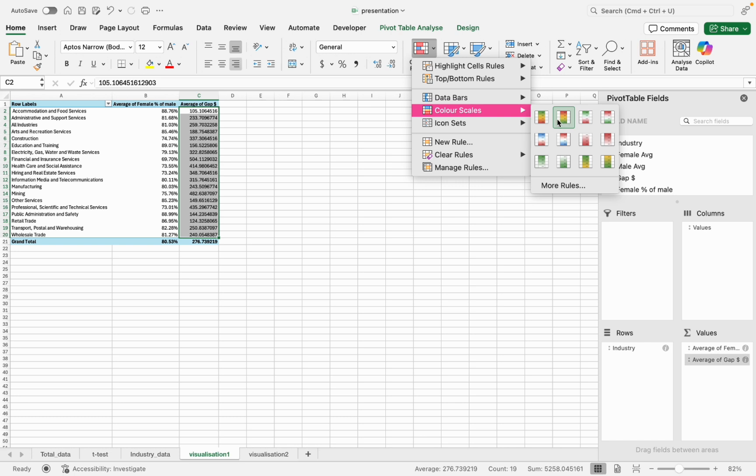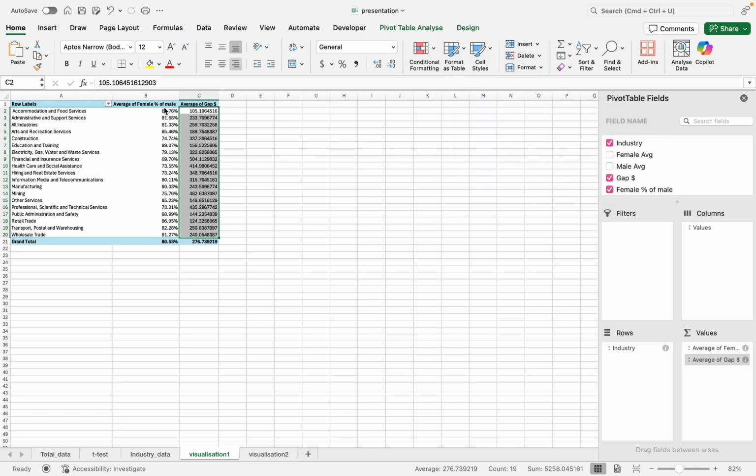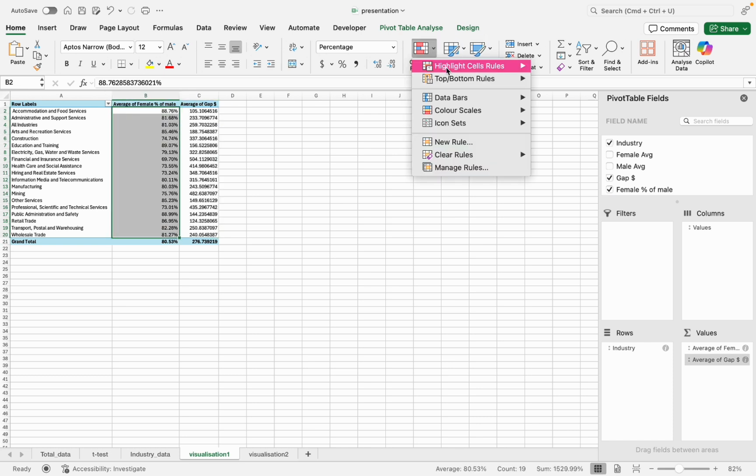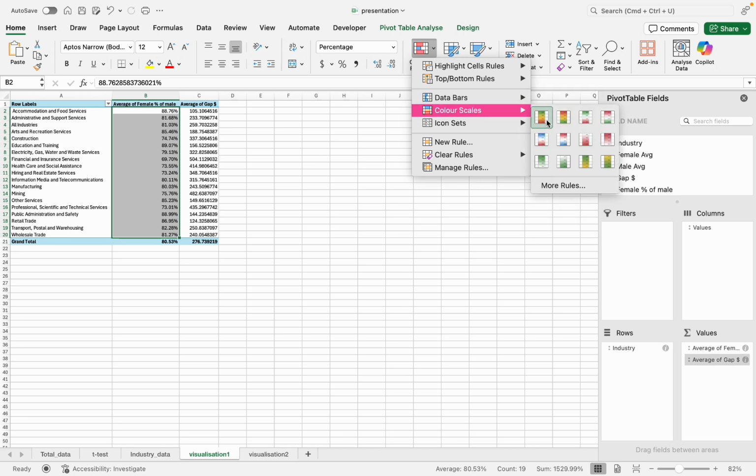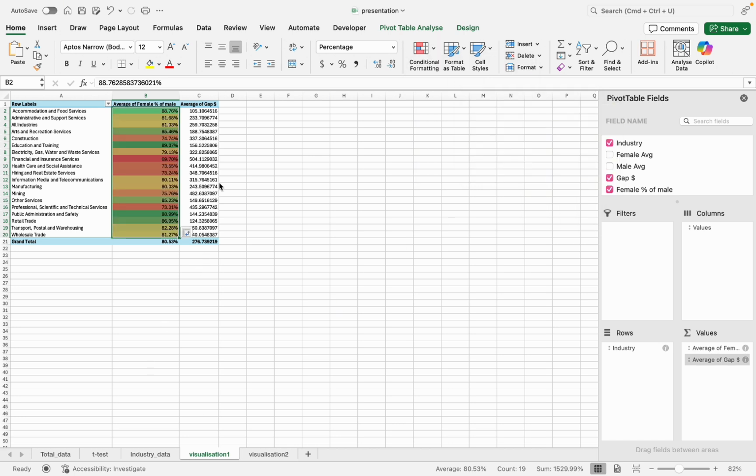Let's choose just this one. I do like this, so it shows which values are really high and which are really small.